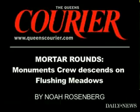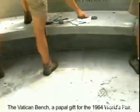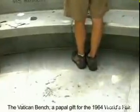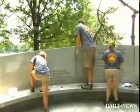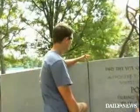Spend enough time in New York, and you're bound to stumble upon one of the city's monuments. There are roughly 1,200 of them. Some might have been installed yesterday, others hundreds of years ago. None, however, are immune to vandalism, pollution, weather, or the human hand, which is why the citywide Monuments Conservation Program